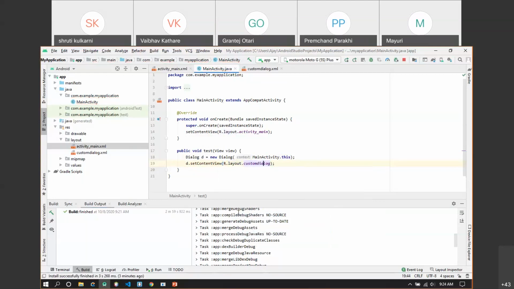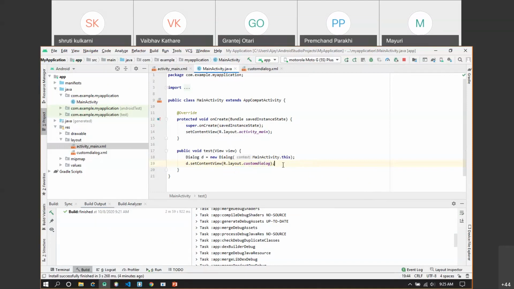As you can see, when we create a custom dialog file, the corresponding layout id is generated, and that id has a value like 1 3 then 4 times 0 and 4. This is what happens when you create any resource inside your Android project. The corresponding ID will be created inside the R class, and it will be given some random integer value with which you can refer to that particular resource.